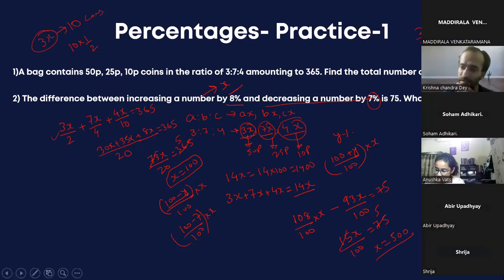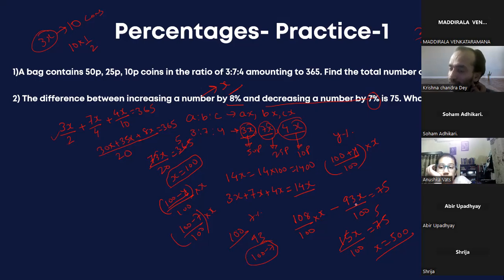Yes. Sir, can you explain this 100 minus 7 by 100? 100 minus 7, if it decreases, right? What I told in the formula, suppose you have 100 rupees as the price of a t-shirt, and a 7% discount is running. Discount means decrease. So what will be the price? 93. How did you calculate? Because 100 minus 7, right? Because this is the amount decreasing. That's what I did. 100 minus y, 7% decrement, right? So 100 minus 7 is 93 by 100.